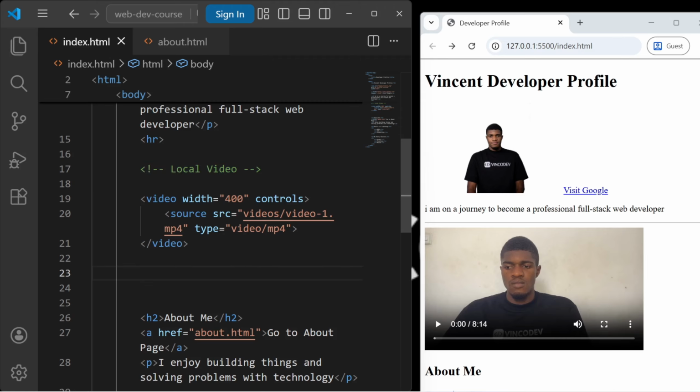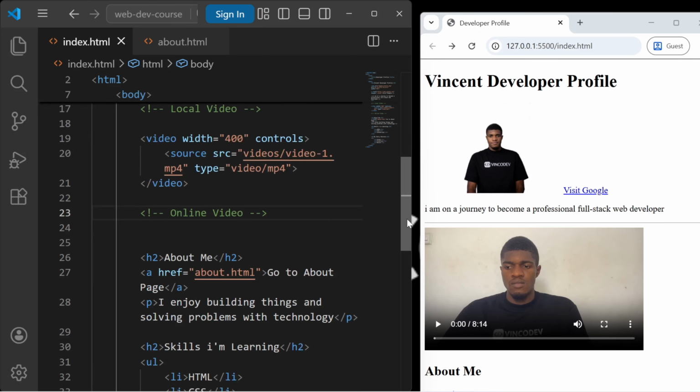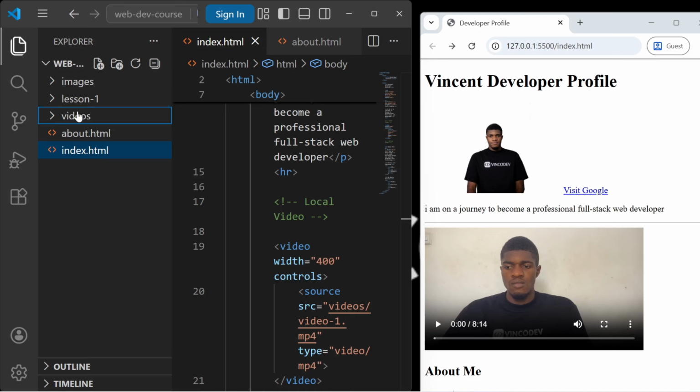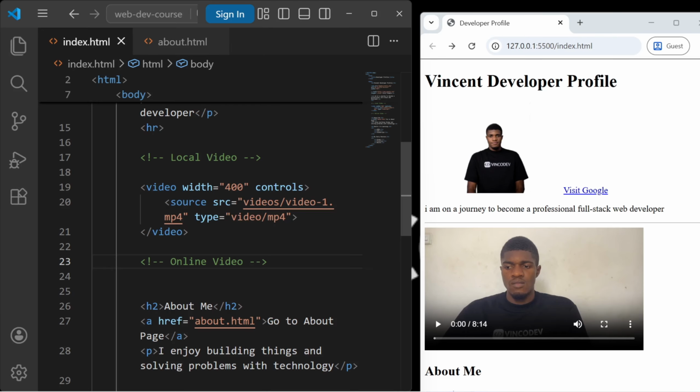So I'm going to come down here again. I'm going to call this online video, which is the recommended way. Now the recommended way is to just use this online. So you can't just be putting videos into your code like this. You can see how big your code file is going to be. So the recommended way is to have this video somewhere online, maybe in your database or somewhere online, and just